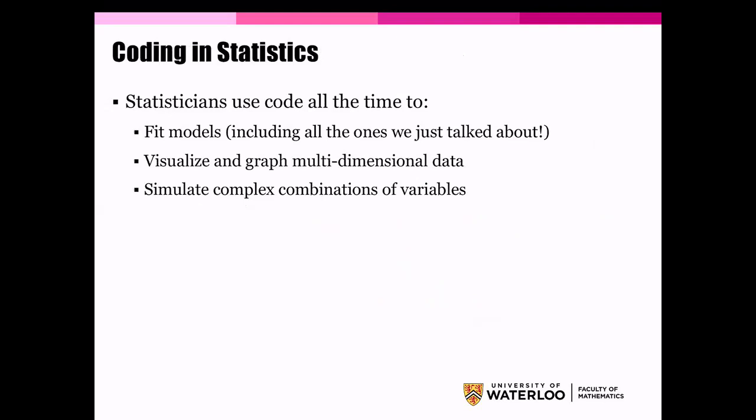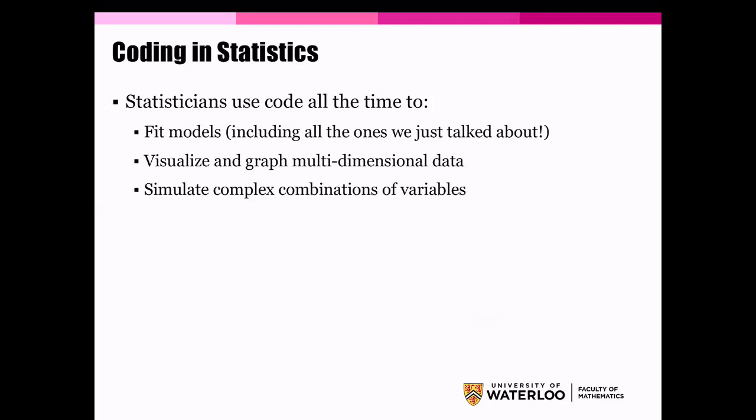Things like R and Python are great at graphing and visualizing, particularly multi-dimensional data. So it's easy to think about a graph of one thing versus another thing. But if you have 10 different things, how can you possibly visualize that? There's some cool ways to reduce the dimensionality of your data so that you can picture what impact each